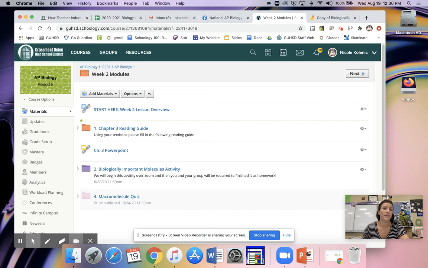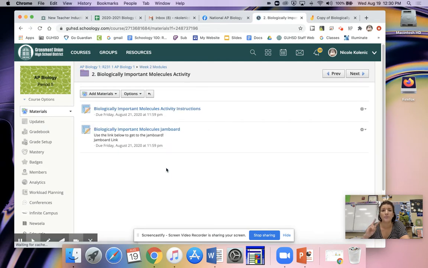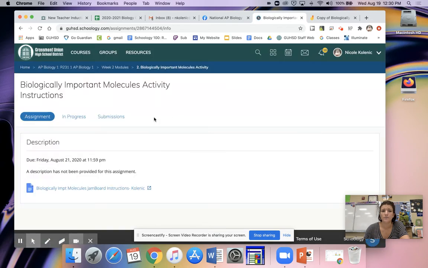All right, so I want to go over the activity you're going to be doing with your group. It is due Friday at 11:59 or by that time. So it's going to be in the purple folder, biologically important molecules activity. When you open it, there are going to be two things in here. The first one is the instructions. So looking at the instructions,